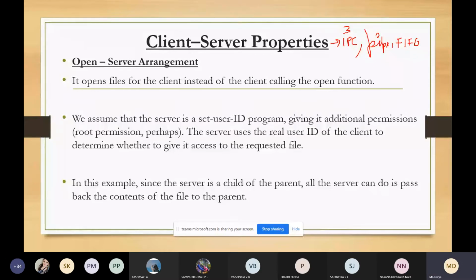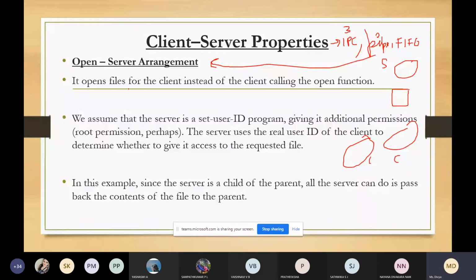Under pipe we have one arrangement that we call the open server arrangement. So what is that open server arrangement? It opens a file for the client. We have the server process, and we will have multiple client processes. The server will create a file, or open a file, for the client, instead of the client opening the file itself.